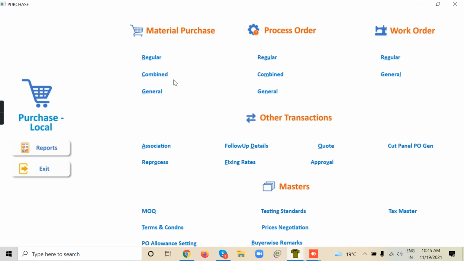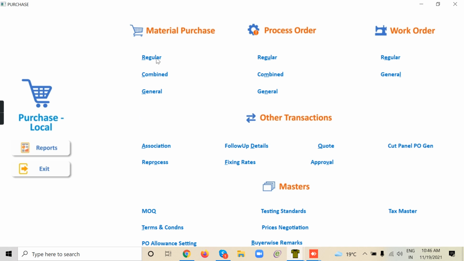It is material wise, that will be restricted. If the supplier is different, you have to make a different purchase order, because each supplier has to be paid separately. You cannot club multiple suppliers into one purchase order. And this purchase order that we make will link in the accounts module. So you will select this purchase order for that particular supplier and make the payment.